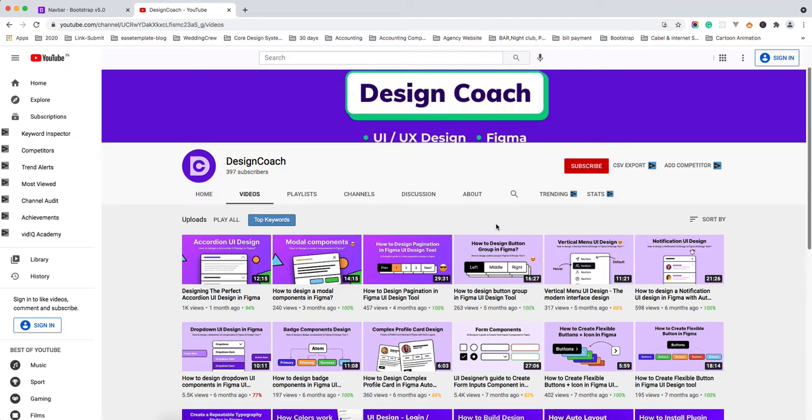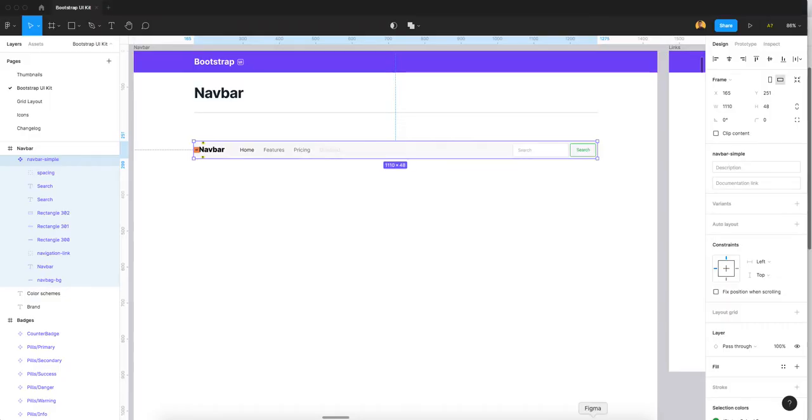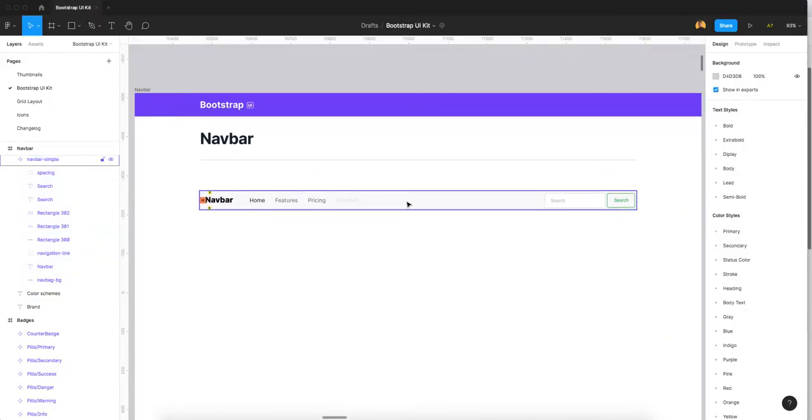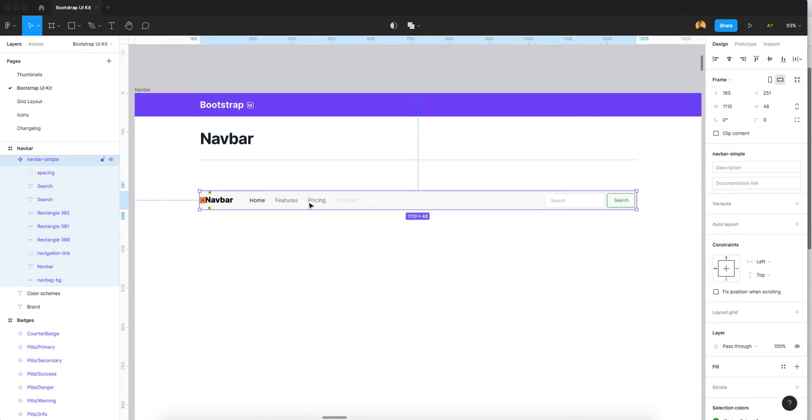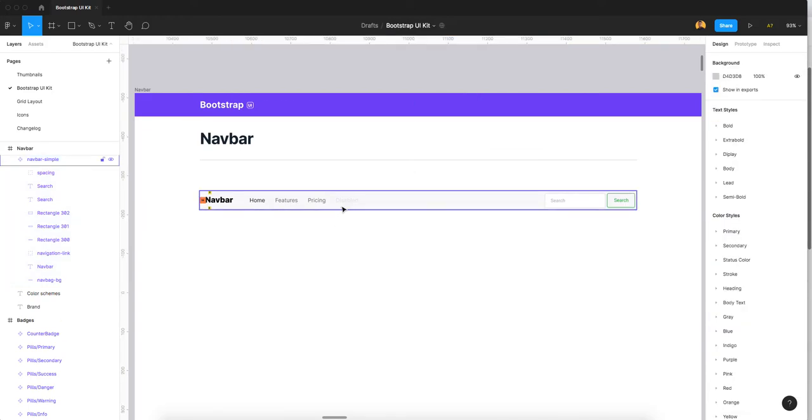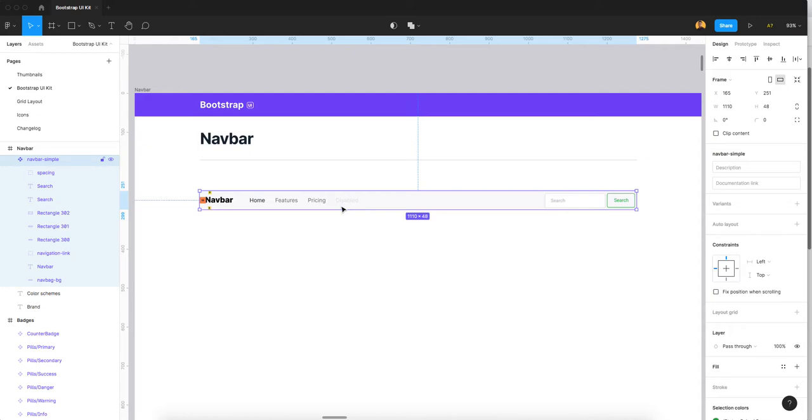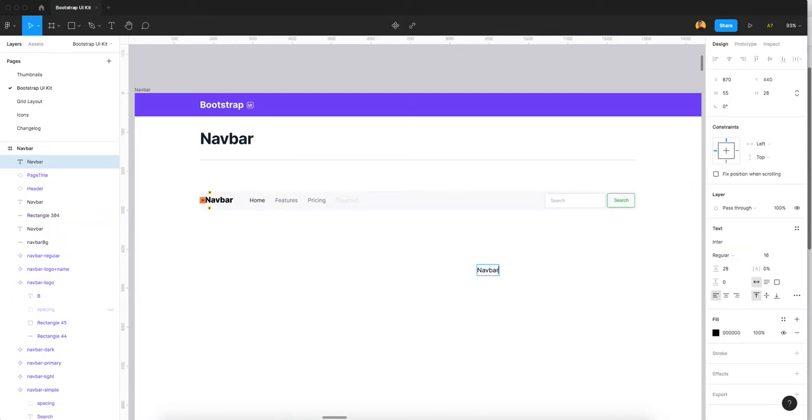So let's go with Figma and we are creating Navbar components. Here is one of my examples I created in Bootstrap UI. This is a very old-fashioned UI design. This time I am going to create an auto layout navbar. So first for this, I need to understand the complete anatomy of the navbar. We need to create first the navbar logo text, navs, and search bar. So let's create the navbar design first.